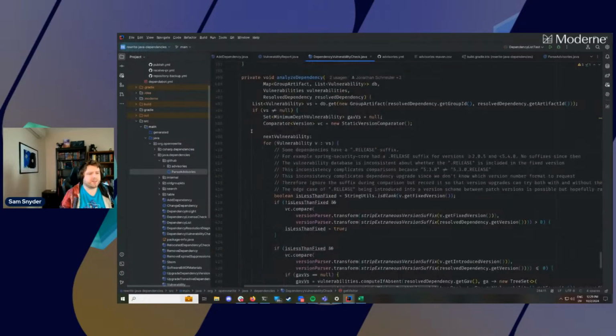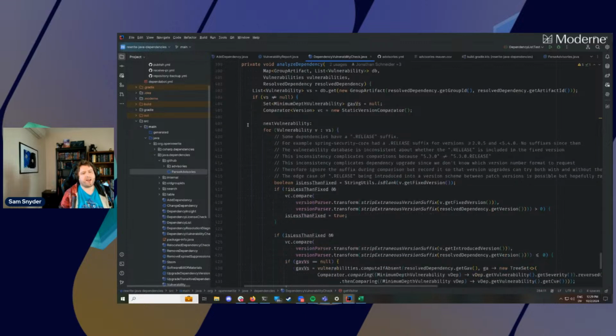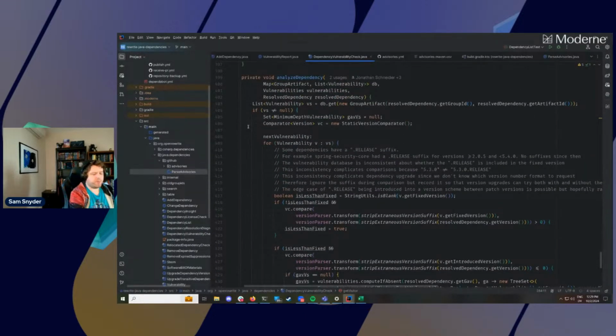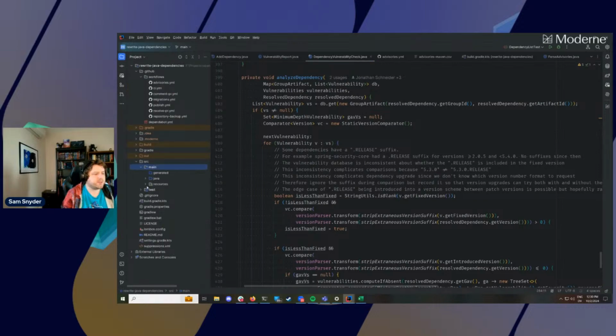And then there's a little bit of logic in here to try and do some error correction. One common bug report that we got about this recipe before I changed it was that it would upgrade you to a version of a dependency that did not actually exist, and that was due to some slight messiness in the data source itself.